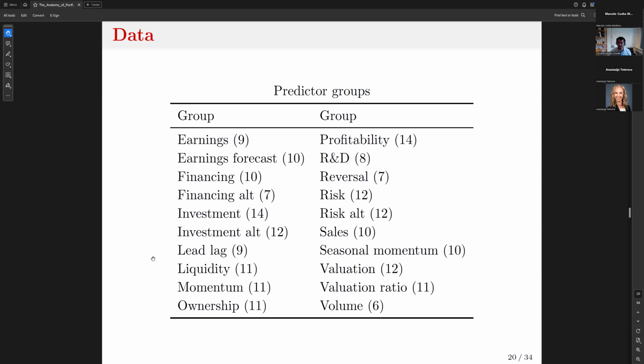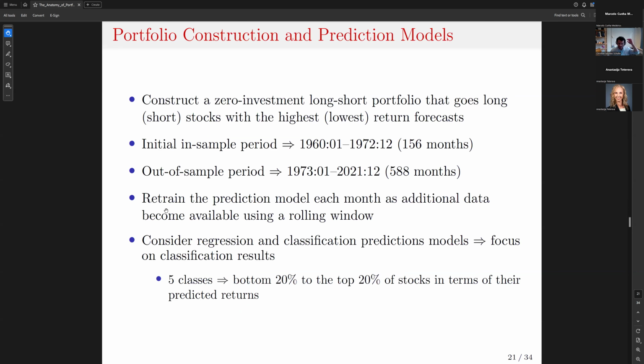Again, we're grouping for easier interpretability and due to computational concerns. But in principle, you can do it for each of the 207 predictors in the dataset. Construct the zero investment long-short portfolio. We have an initial sample window of 156 months and a very long out-of-sample period starting in 1973, and we're doing a rolling window. We retrain the prediction model each month as additional data becomes available,